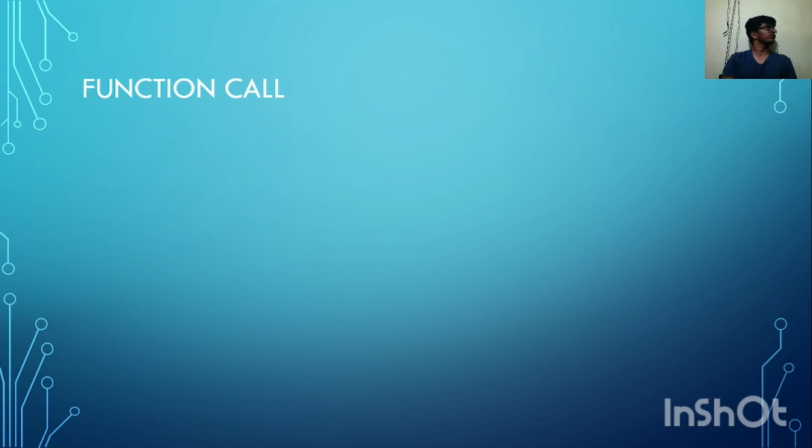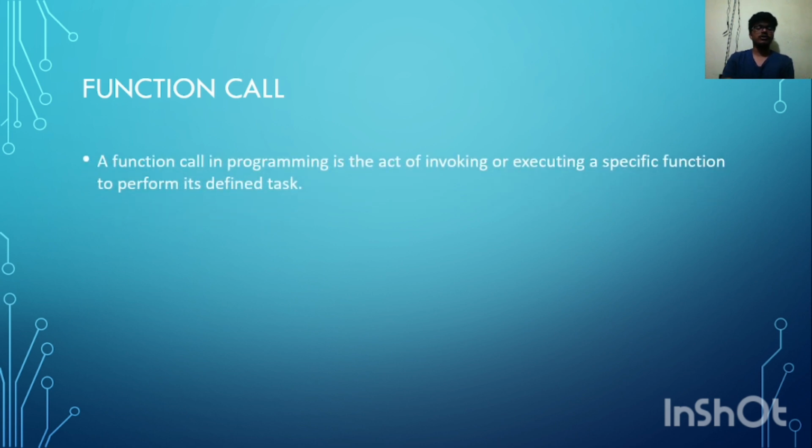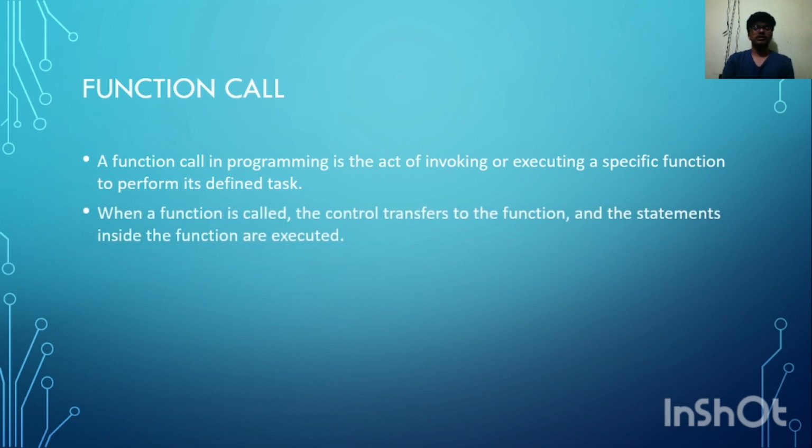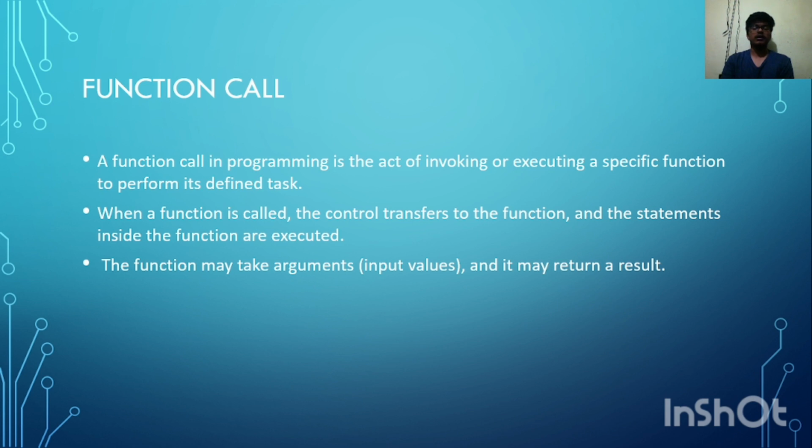Now let's go through function call. Function call in programming is the act of invoking or executing a specific function to perform its defined task. When a function is called, the control transfers to the function and statements inside the function are executed. The function may take arguments and it may return a result. Example: int add_numbers(int a, int b) { return a + b; }